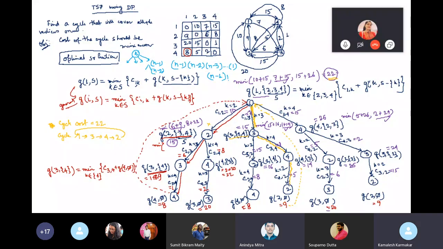Basically, here this value is a little bit lesser as we are using dynamic programming. As we are using dynamic programming, this value is a little bit lesser than this one. So it's basically n squared into 2 to the power n. We will discuss it in NP completeness. Okay.